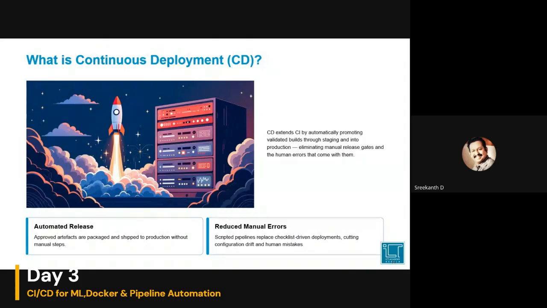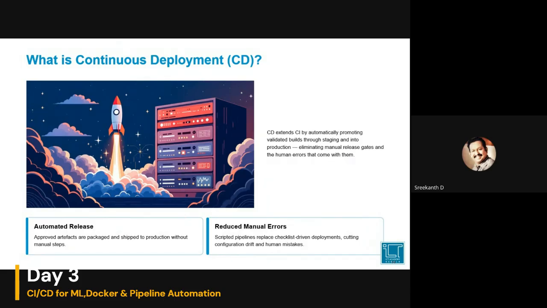What is all about continuous deployment, right? Continuous deployment in the sense, once validated, code moves to staging or production server automatically. So we know that there is a best practice of moving the application, once it is developed, to the staging server before moving it into the production environment. So once validated, we have to assure that we have moved everything into the required space.